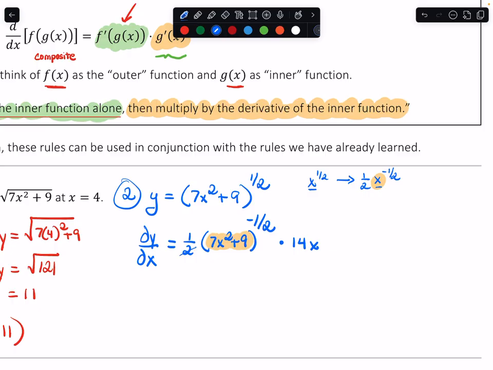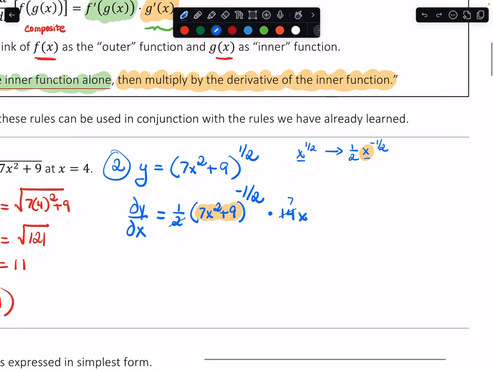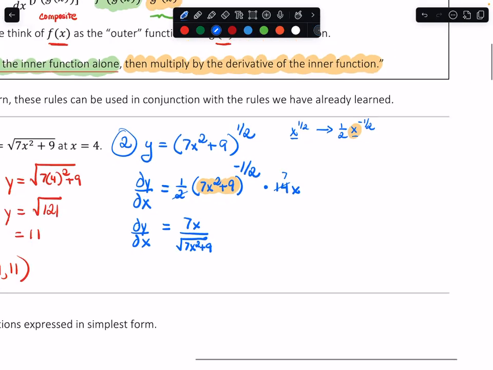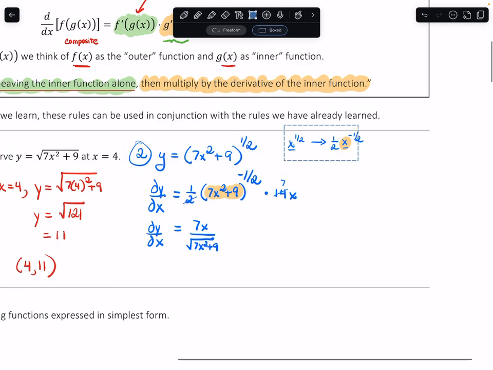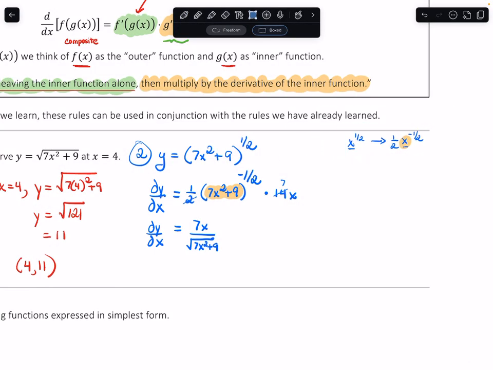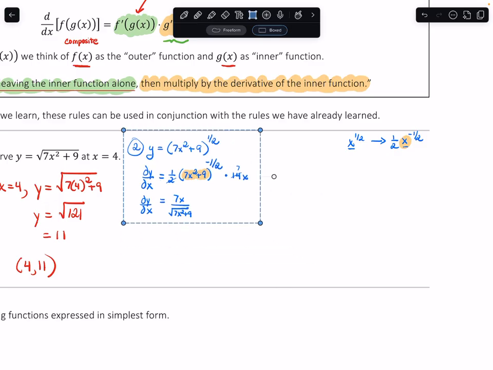Certainly, I could do half of 14 is 7. And I could bring this downstairs into the basement with the negative exponent. So dy dx would be, careful here, you'd have a 7x up in the attic, the numerator. You'd be bringing the 1/2 power down into the basement. And you might even change that straight up to square root of 7x squared plus 9. If you left it to the 1/2, that would not be wrong in any way. But realize now that I have my derivative and it's simplified,